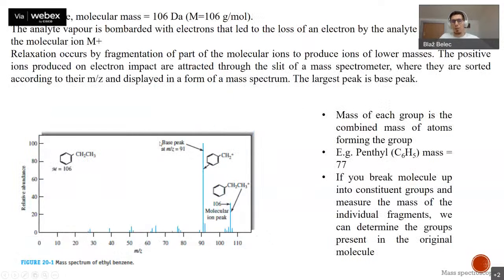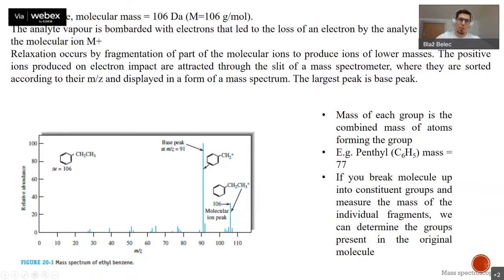On the other hand, of course, we can also measure molecules, not only atoms. In this case, as I said here, first we have to produce some vapor of the molecule, so of our sample. This vapor is then bombarded with electrons, and the molecule loses an electron, and we form the molecular positive ion. Those ions go to the mass spectrometer, we get the cascade, and at the end we measure the m/z ratios of the fragments,